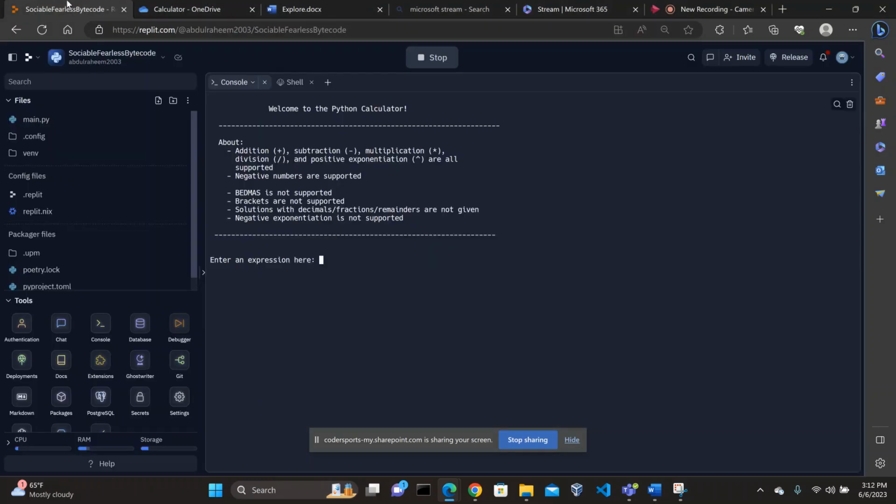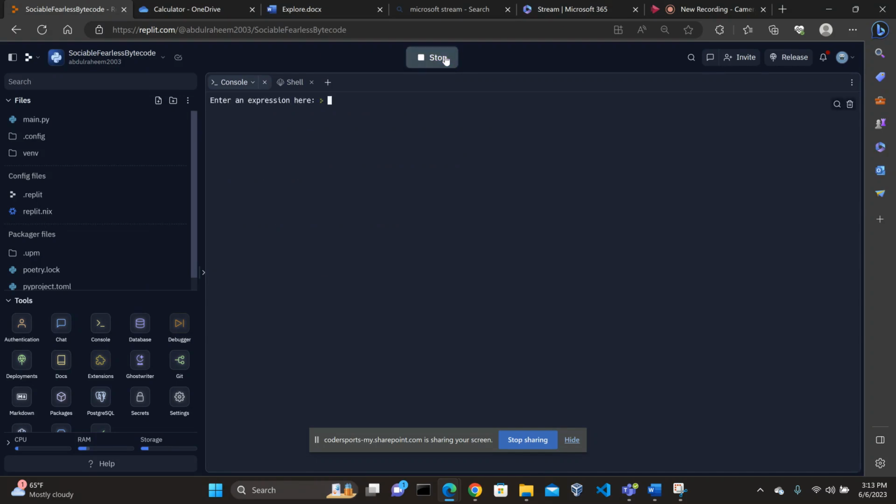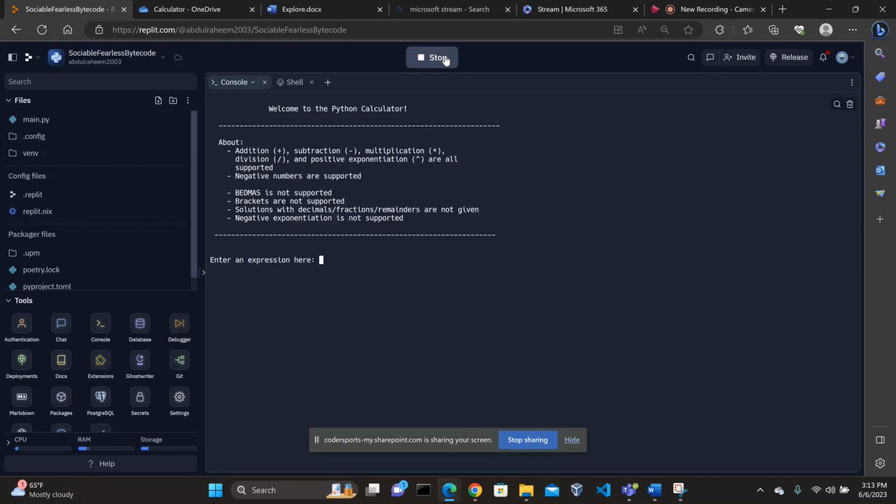Hello everyone. Today we'll be going over a project in Python called calculator. So it's a very simple calculator that you guys will be building. I'll just show you guys a few things that the calculator does. So the first time when we run the calculator, it displays a menu and it basically welcomes us to